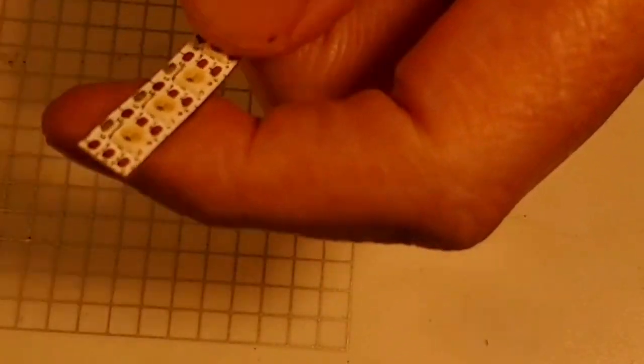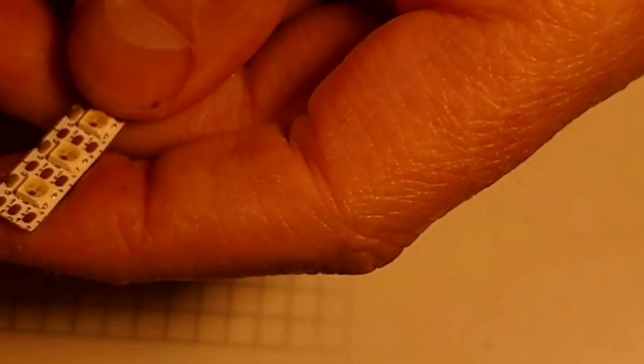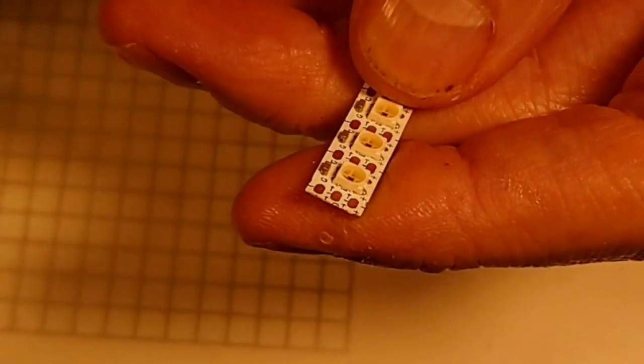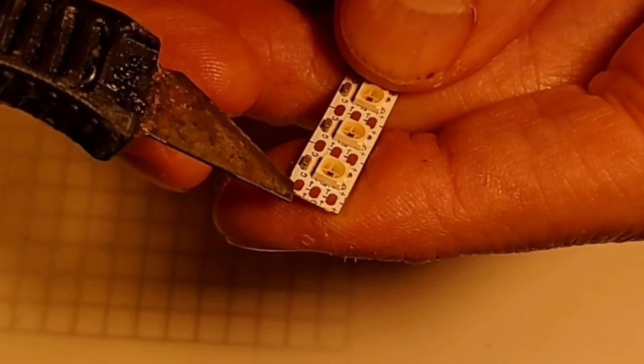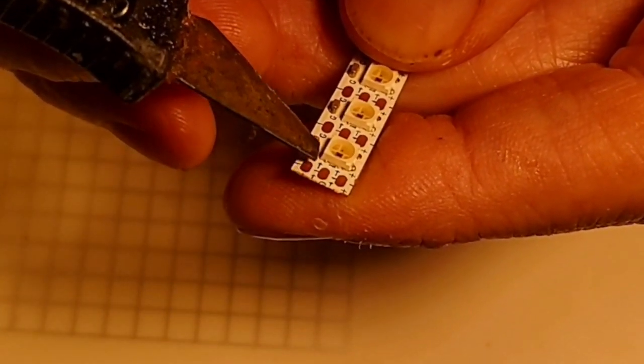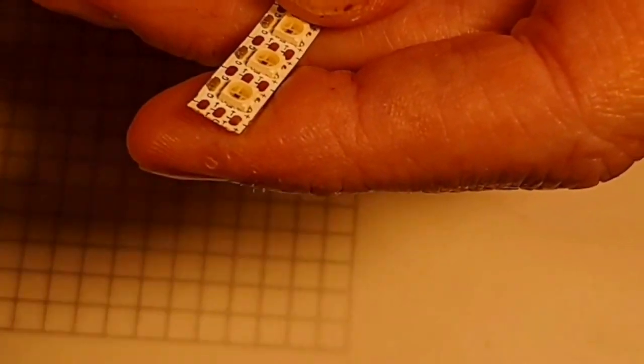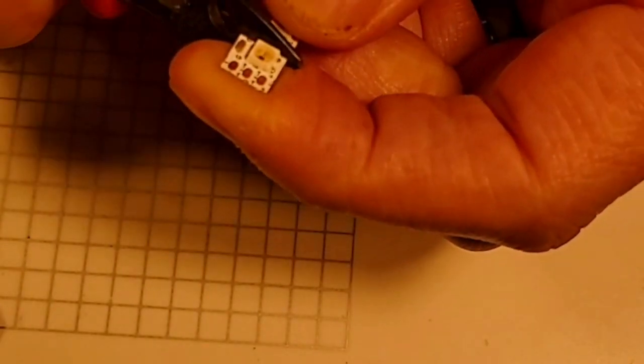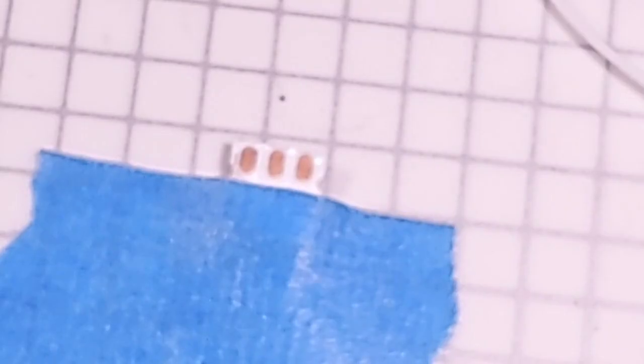I'm going to go ahead and cut off one of these 35-35 strips. Now on these 35-35 strips, the arrow's going this way on the strips. I'll try and point out the arrows to you. They're very tiny. They're right here in between the pads, but they're pointing this way. So the important thing is you got to have 3 pads before your pixel, in the direction of the arrows. So I'm going to cut this pixel strip right after the pixel and right before the next set of pads. Ugh, that went flying, but it's right there. Alright, so we're ready to